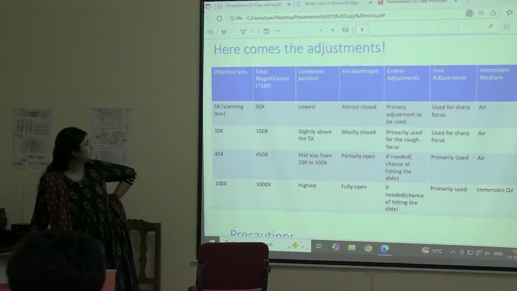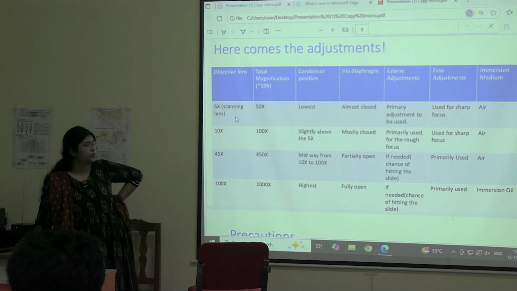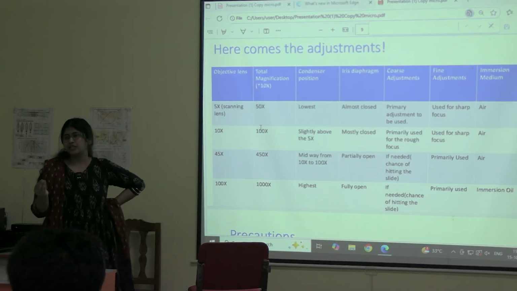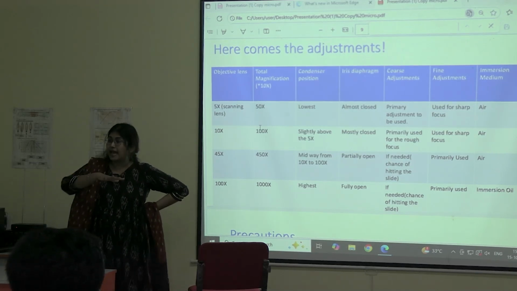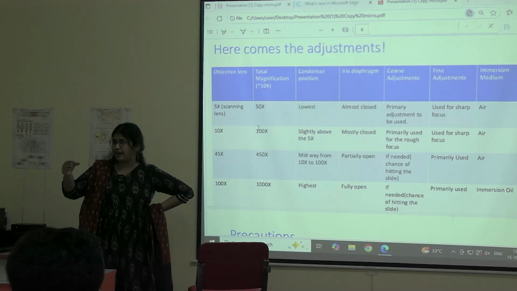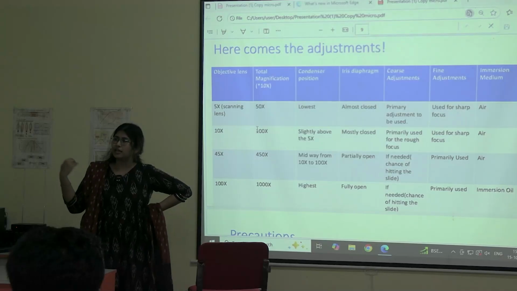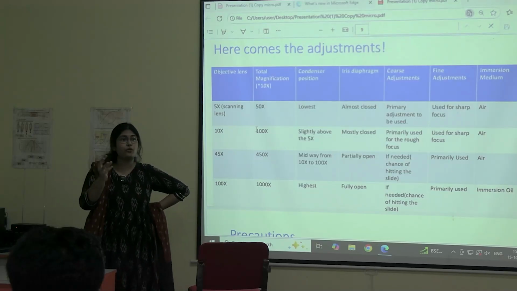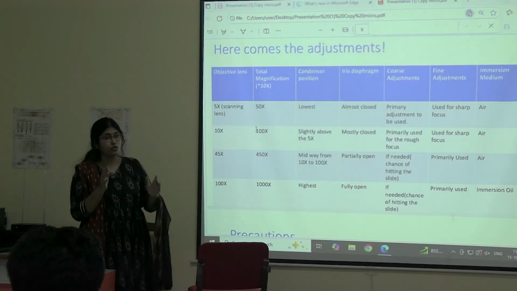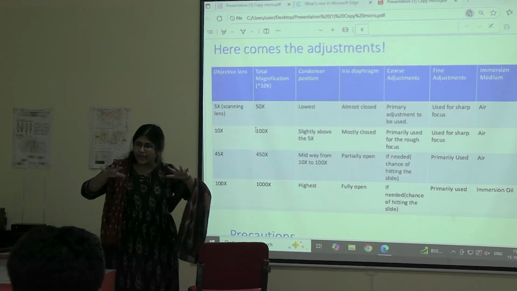Okay, here comes the adjustments. When we see through the 5x lens, what essentially the 5x lens does, it scans, okay? You have a slide and you want to identify particular WBCs only. You don't want RBCs and all. You don't want other platelets and all. You just want to focus on the WBCs. So what do you do? You have to first scan with the lens.